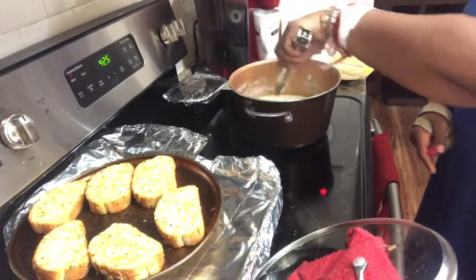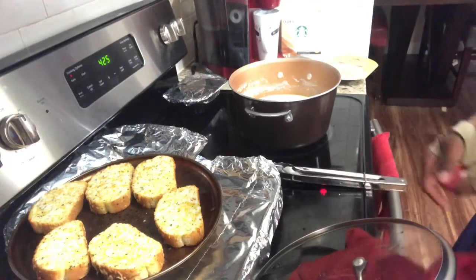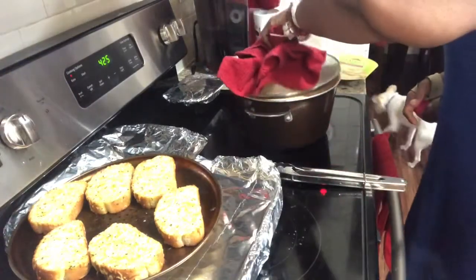So the pot is still hot. I left it there because I wanted to just sit in the butter and just soak. Woo, that's going to be good corn. Okay,